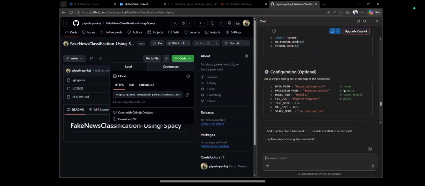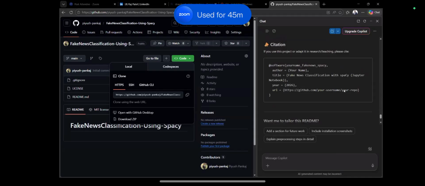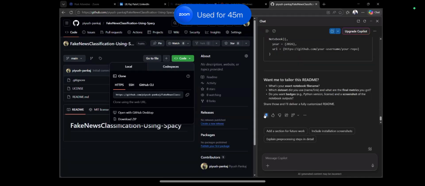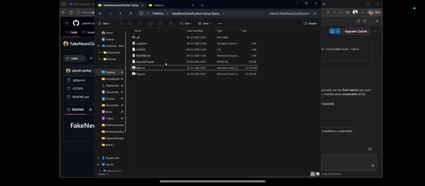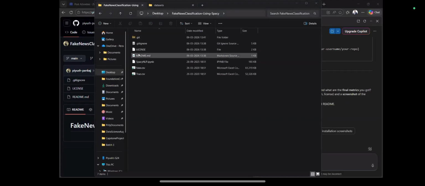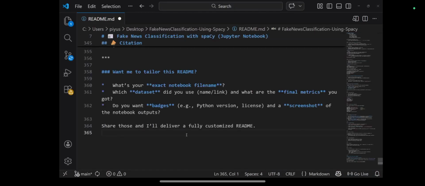Now, guys, what you need to do? You need to simply copy this thing. I'm just copying it, and I will remove the unwanted. So I have copied the response. What I need to do, I need to open that readme file. Readme file I have in this folder, and readme file by default will get open in VS Code. Let it get open. I'm just going to paste the things over here.